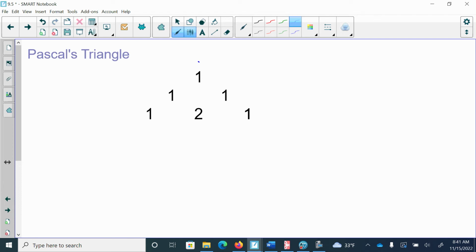So I start with a 1, and then I do a 1 and a 1, and then 1, 2, 1. And then the pattern is I always start with a 1, add these two, so 1 plus 2 is 3. Add 2 plus 1, I get 3. And always end with a 1. So I start with a 1, end with a 1, add the two terms above it to figure out the